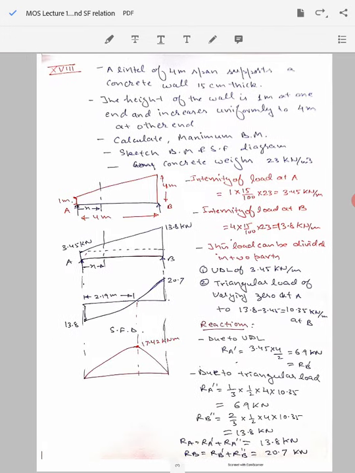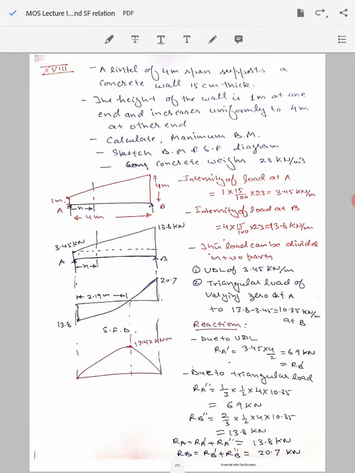Now let's use this information that we have derived in order to solve an interesting numerical. Here we have a lintel which is made of concrete. It has this typical shape and is simply supported at points A and B. Its length is 4 meter, and its height on one edge is 1 meter. On the other side it is 4 meter, so it is a kind of trapezoidal shape lintel. We need to calculate the maximum bending moment for this lintel and sketch the bending moment and shear force diagrams.